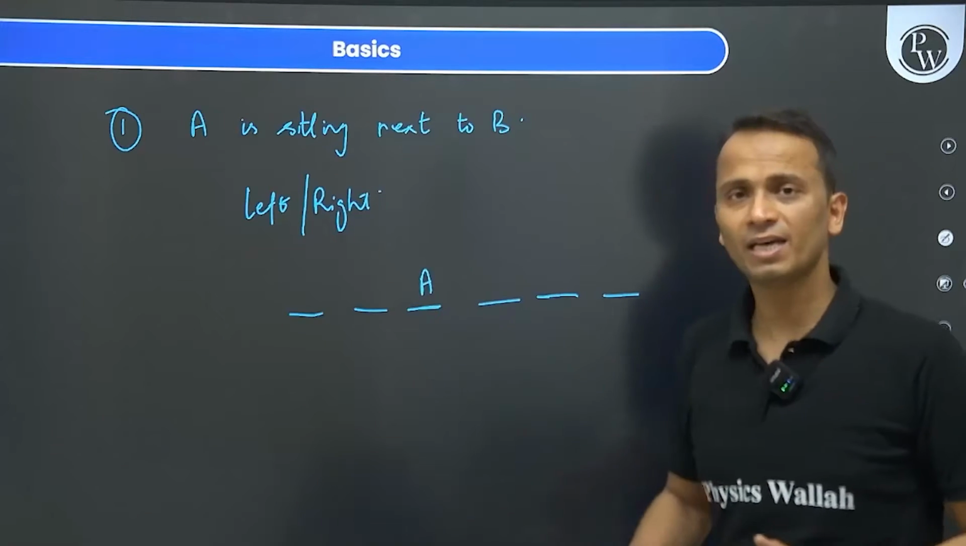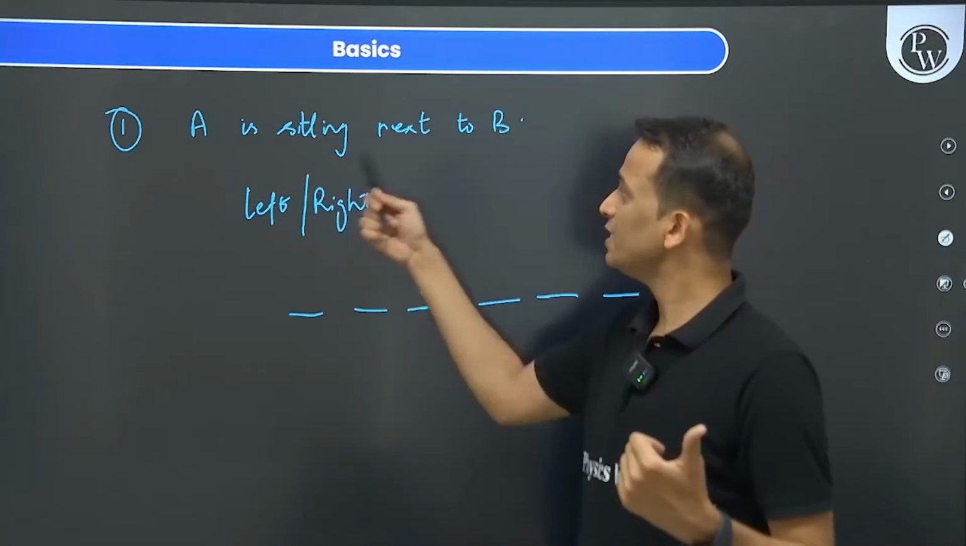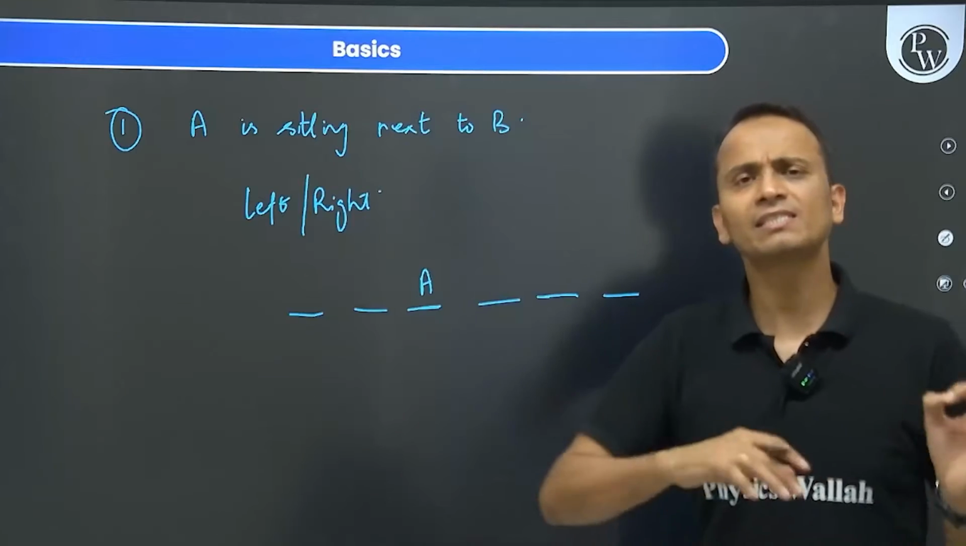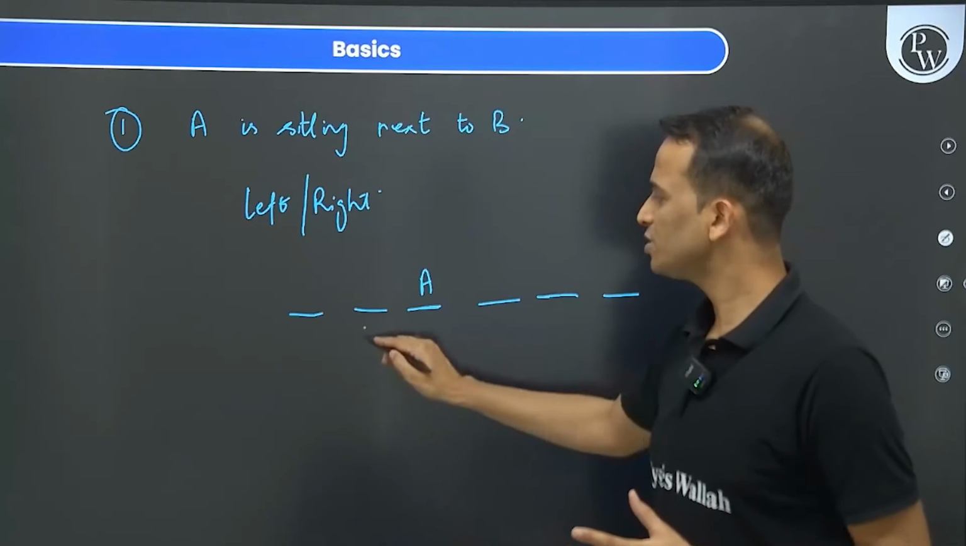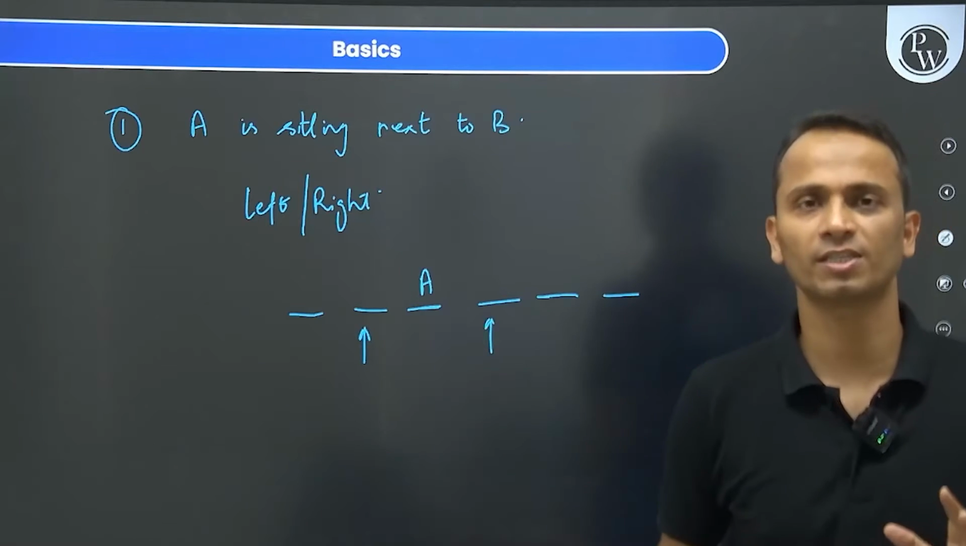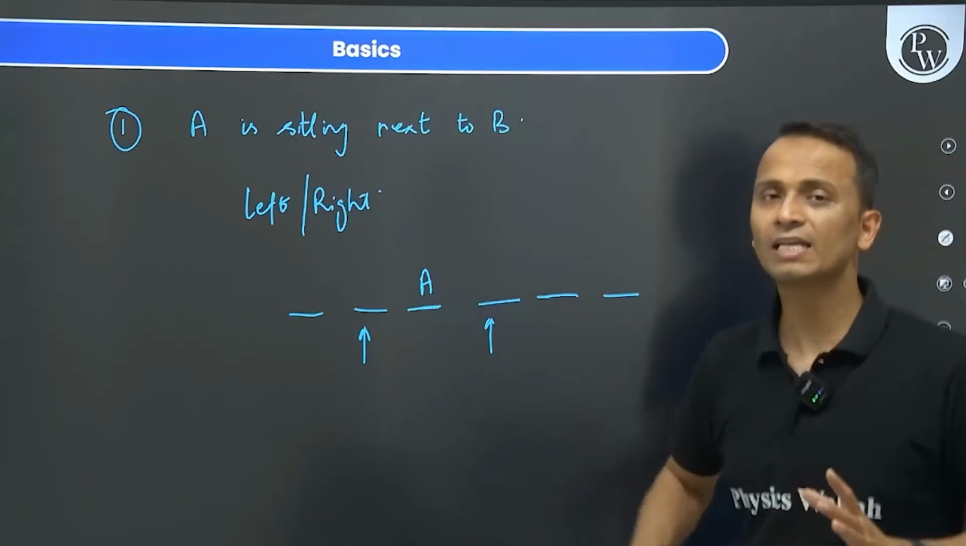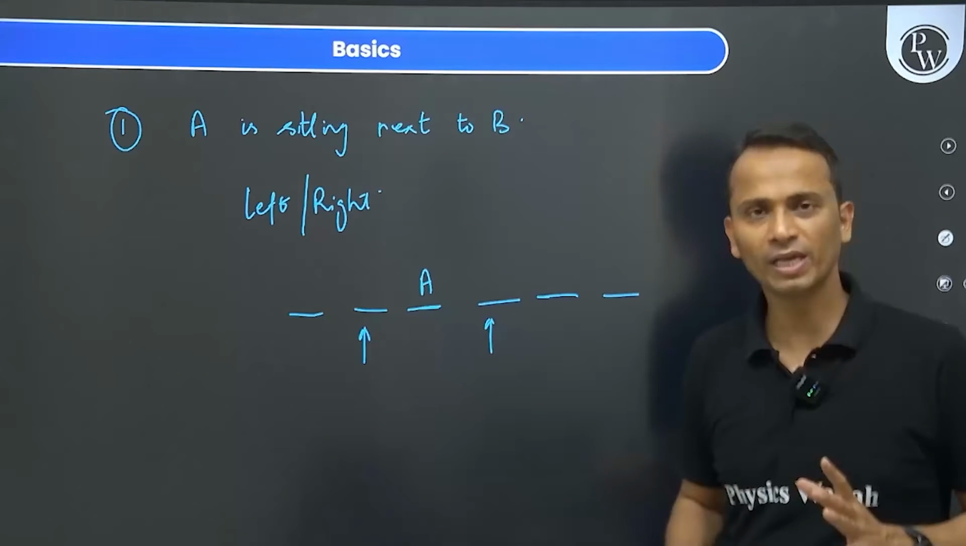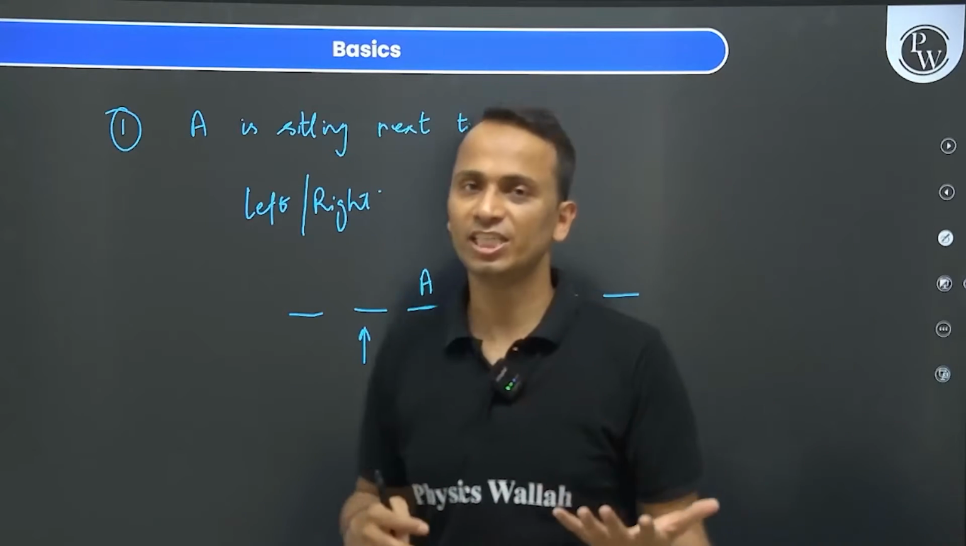A इज सिटिंग नेक्स्ट टू B, तो लेट्स से अगर A यहां पे बैठा है एंड यू आर गिवन दैट A इज सिटिंग नेक्स्ट टू B, नेक्स्ट टू मींस साथ में, तो B इस चेयर पे या फिर इस चेयर पे, इन दोनों में से किसी भी एक चेयर पे हो सकता है इफ गिवन दैट A इज सिटिंग एट दिस चेयर।